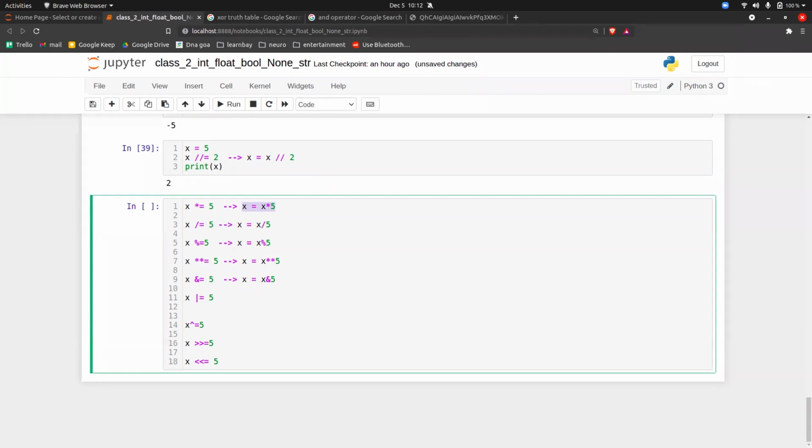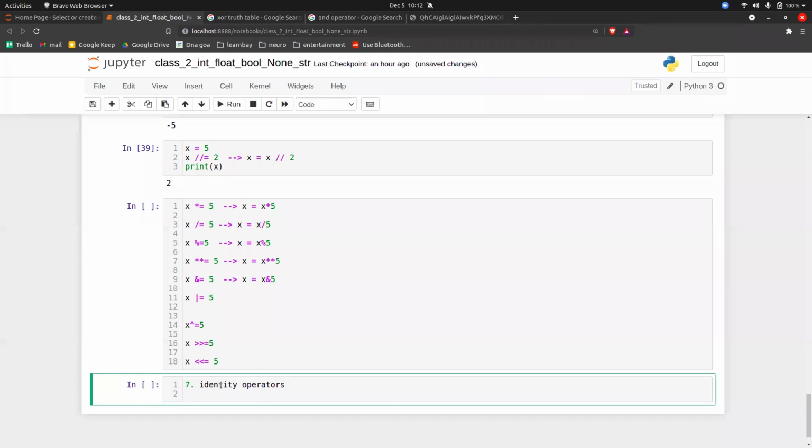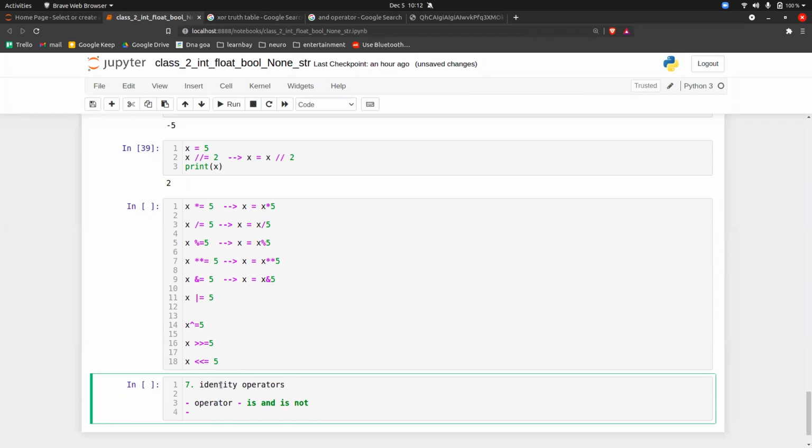Then the next thing that we have is the seventh one, and the seventh one is something called identity operators. For the identity operators, the operators that you use are 'is' and 'is not'. But what is the purpose of the identity operators? The purpose of the identity operators is